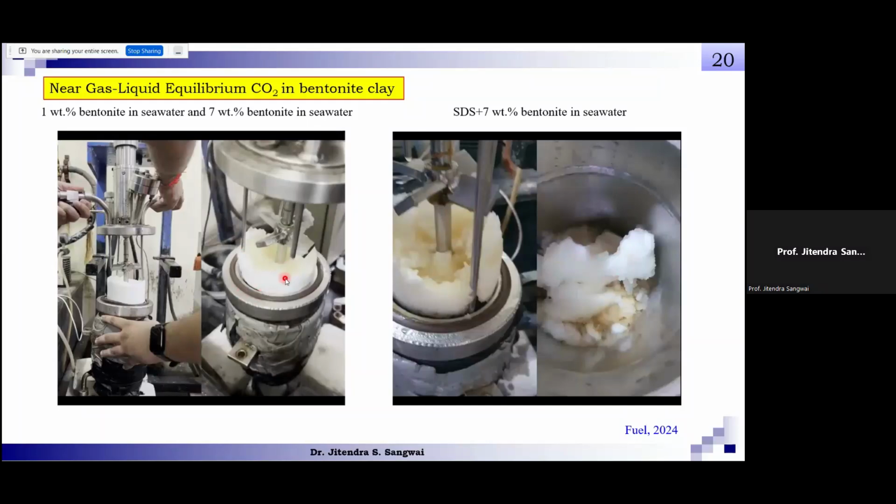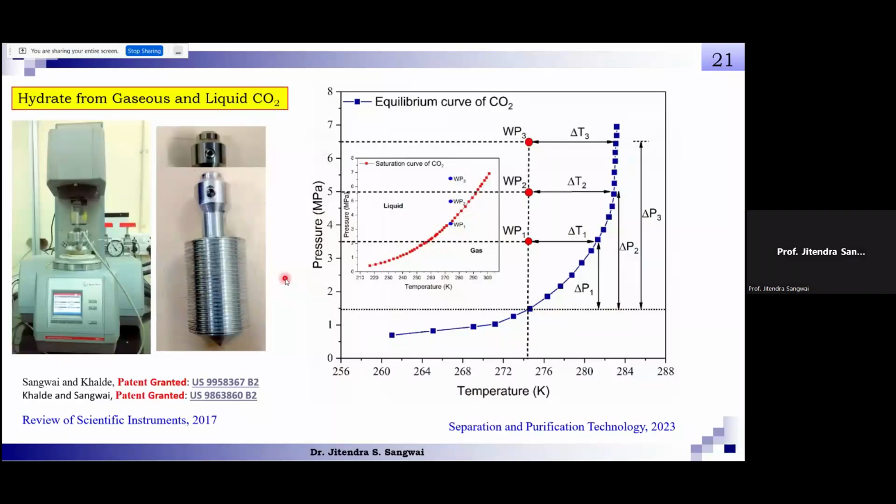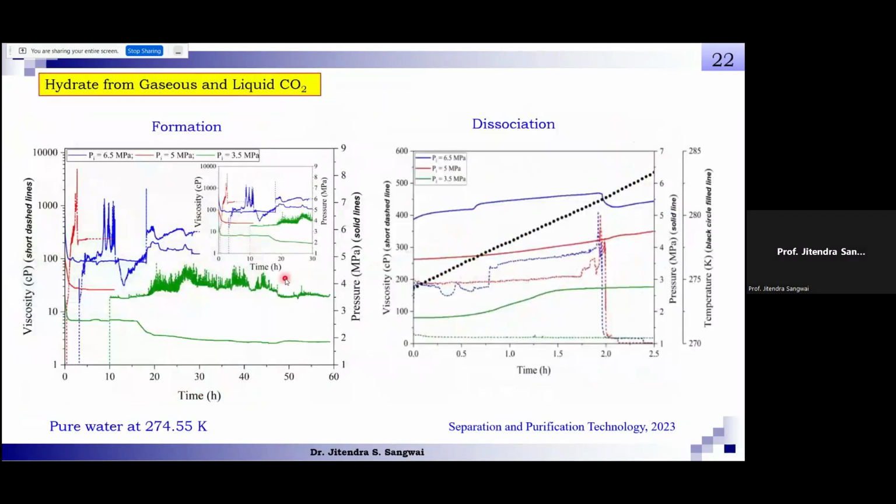This is not ice because these experiments are done at about 3 to 4 degrees centigrade. Right. So at this condition, ice doesn't form, and you can actually look at these signatures of pressure and temperature, which shows hydrate formation. Right. So some of these experiments are done in the lab scale. I'm not really going in detail about that, but